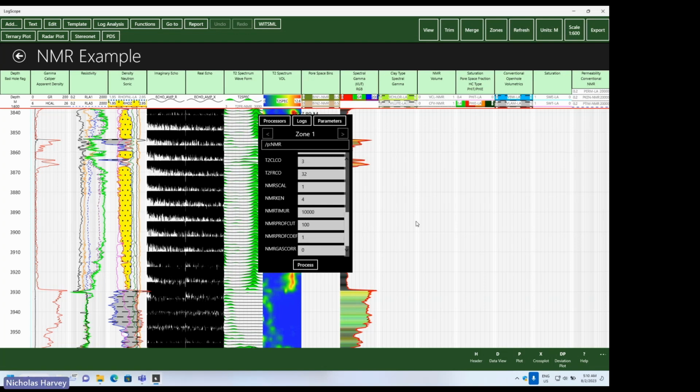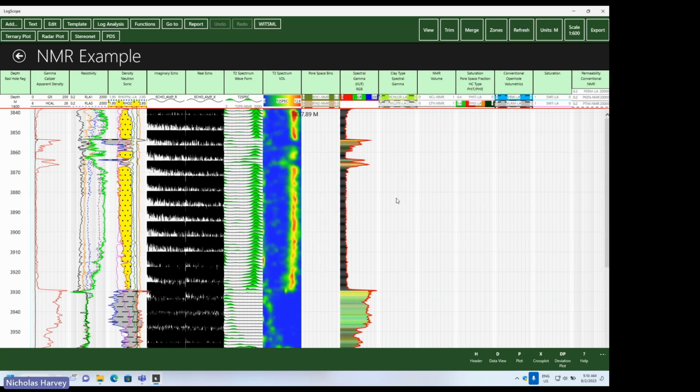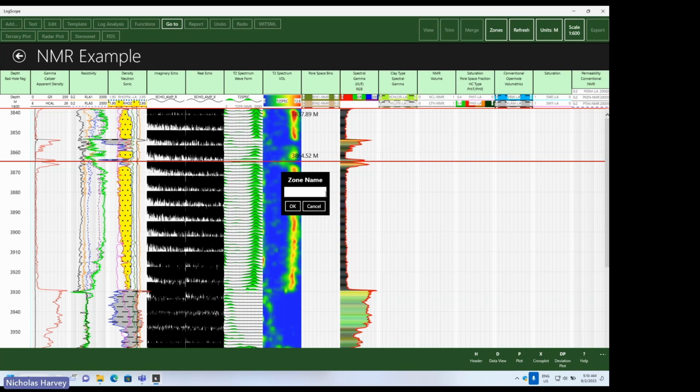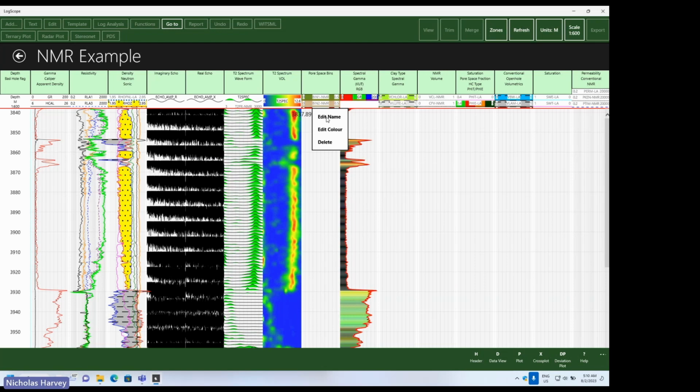So we'll manipulate those in a minute. Let me just move that out of the way. For the time being, you can set up zones, and for each zone you can manipulate the NMR parameters independently. If I want to edit the zones, I just take the zones and edit, and I can put a new zone in like so, or I can manipulate an existing zone, which is what I'm going to do here, and I can edit its name, and I will call it NMR zone,